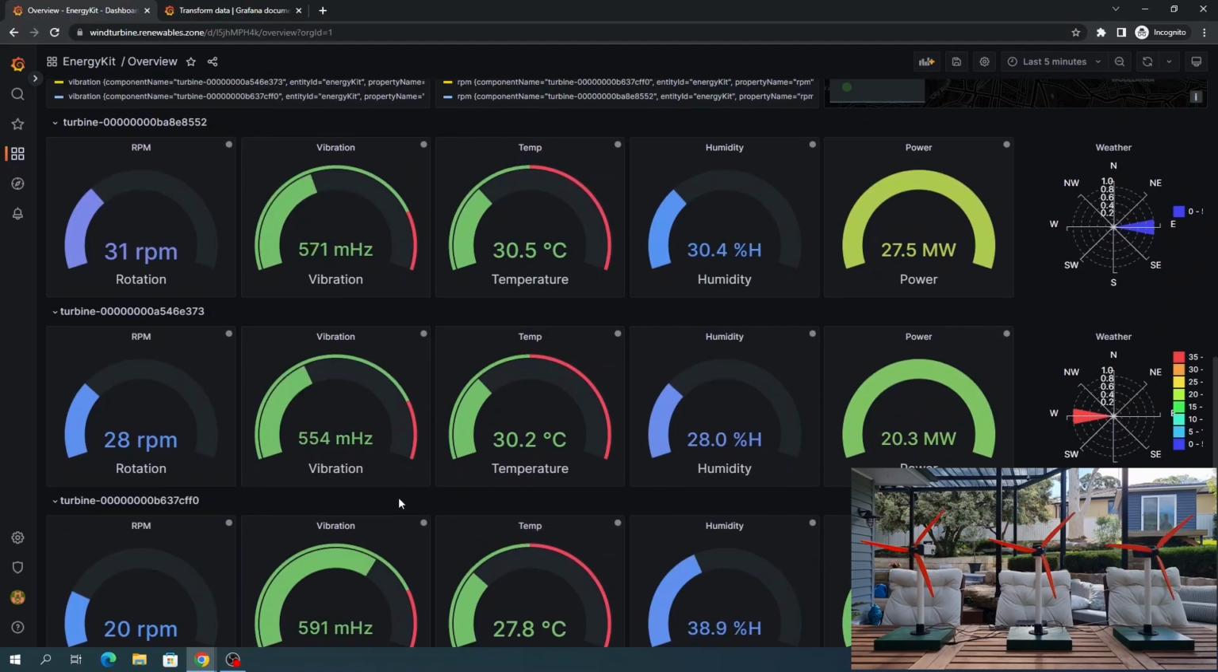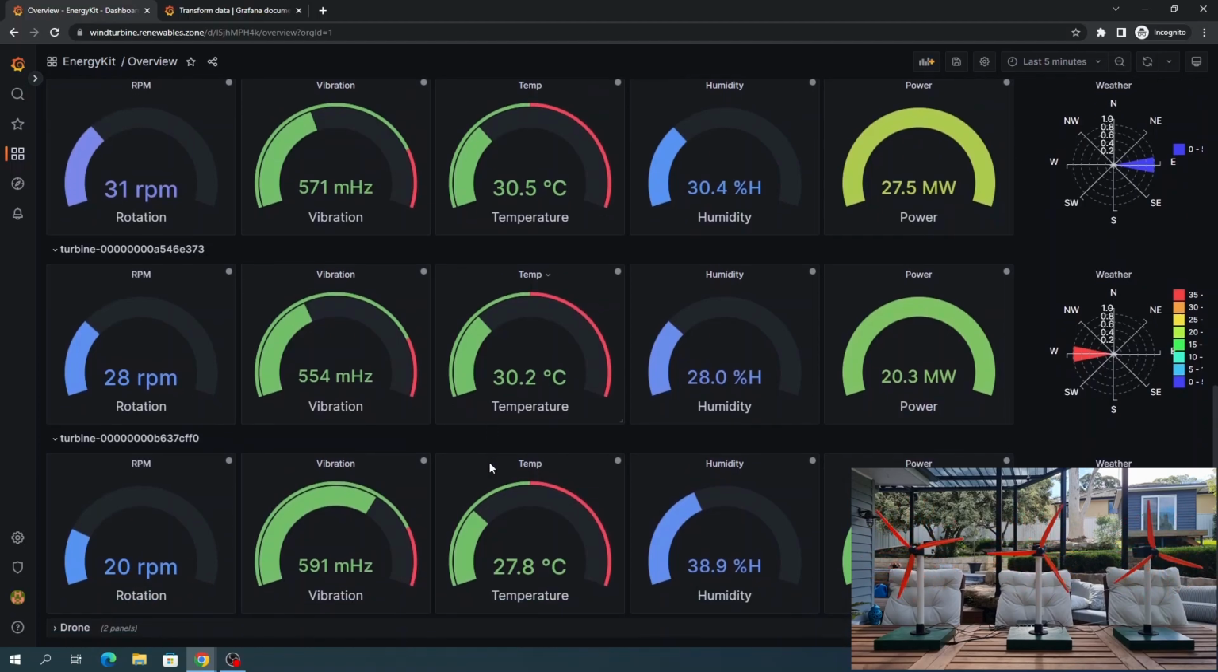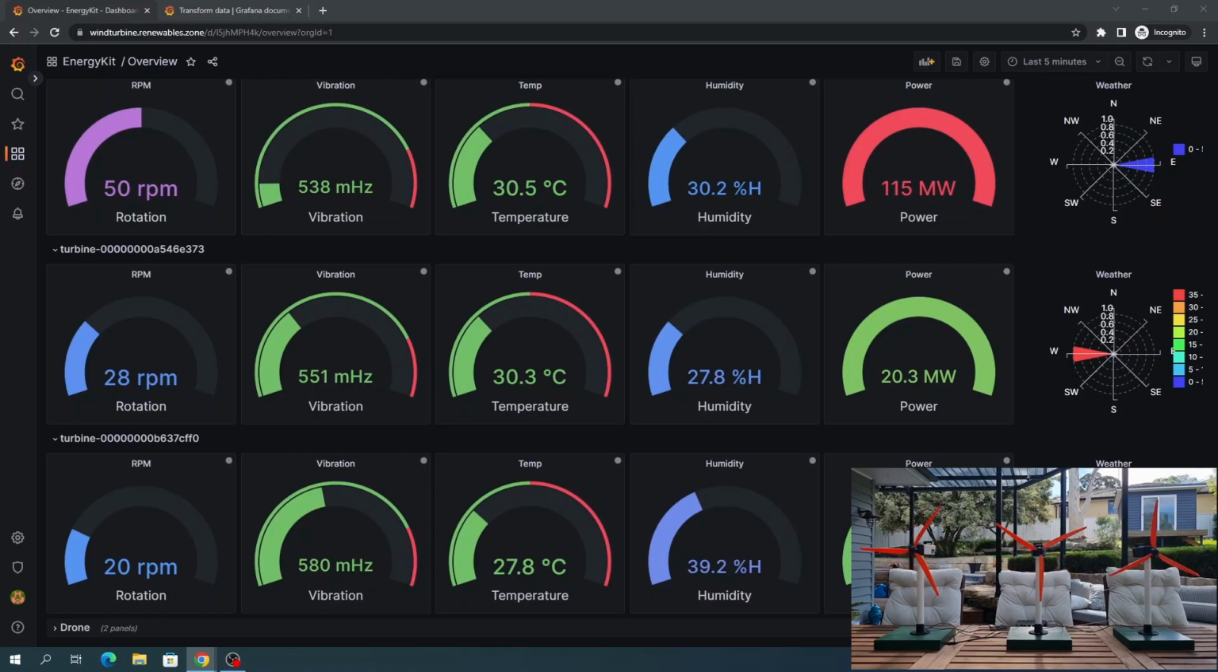The turbines are currently operating normally. However, let's take a look at what happens when vibrations climb to abnormal levels. In each of our turbines, we have a mini vibration motor that we can activate for a brief moment by sending an IoT payload. As we can see, the vibration has increased significantly on that second turbine, resulting in a